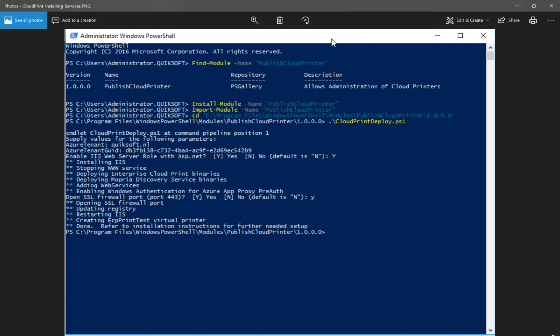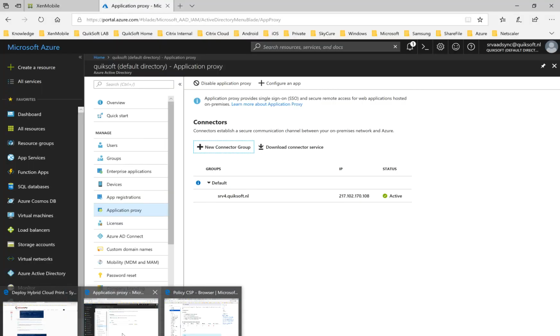So you change that directory, and when you have done that, you need to install the hybrid cloud print solution. So that's why you change this directory. There is a whole command line in the document that you can use, or you can just run the CloudPrintDeploy PowerShell script, and then the PowerShell script will ask you the information it needs. So my Azure tenant is QuickSoftNL. Why is that QuickSoftNL? Because I made my